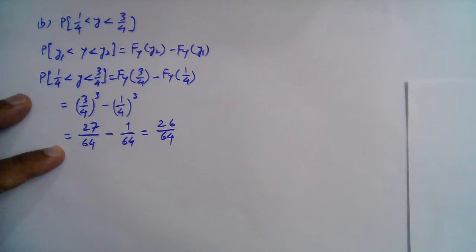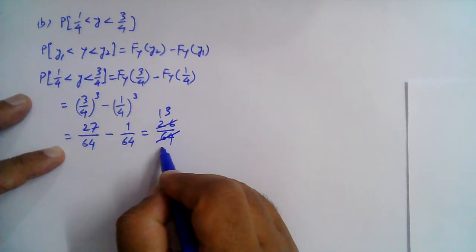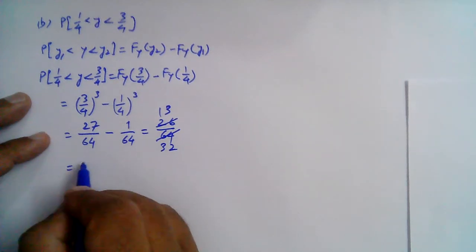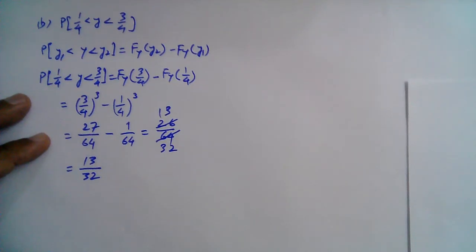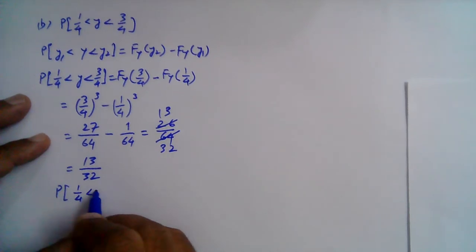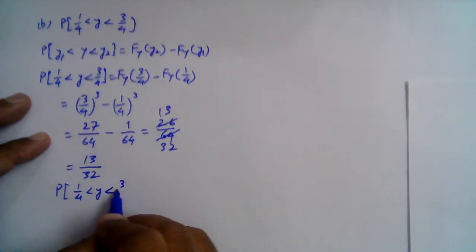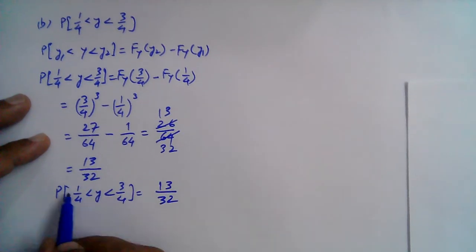And if you further simplify this, 2 into 13 and 2 into 32, that is 13 over 32, right? So the probability that y is greater than 1 over 4 and less than 3 over 4 is equal to 13 over 32, and we have found it